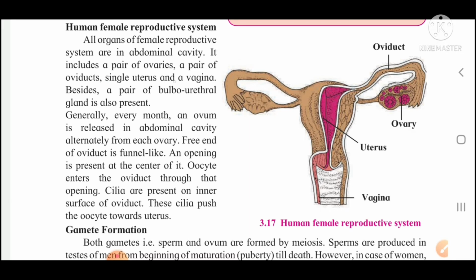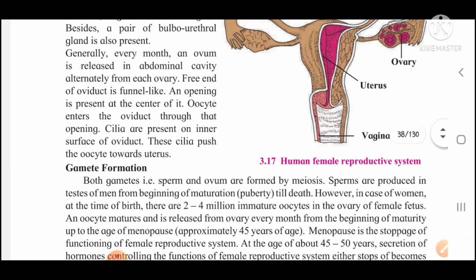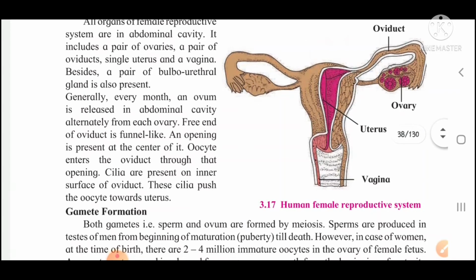Besides, a pair of bulbourethral glands is also present. Generally every month an ovum is released in the abdominal cavity, alternately from each ovary. Now what happens after every end of the month, or you can say every 28 days, in the female? An ovum is released, okay, from the ovary into the abdominal cavity, either from this ovary or from this ovary,